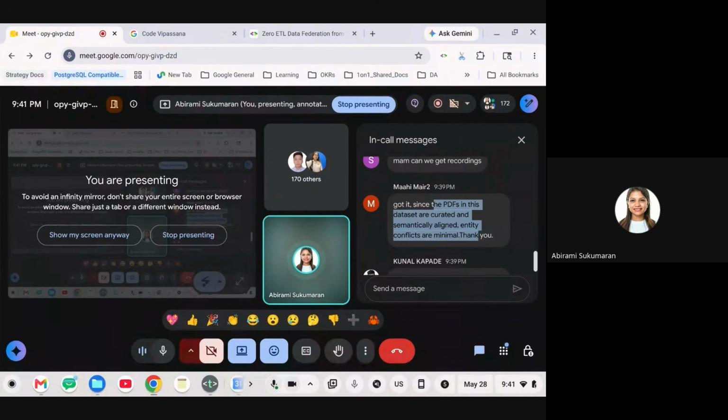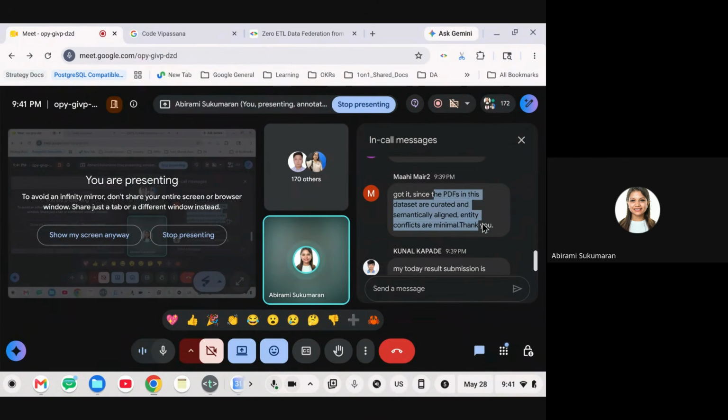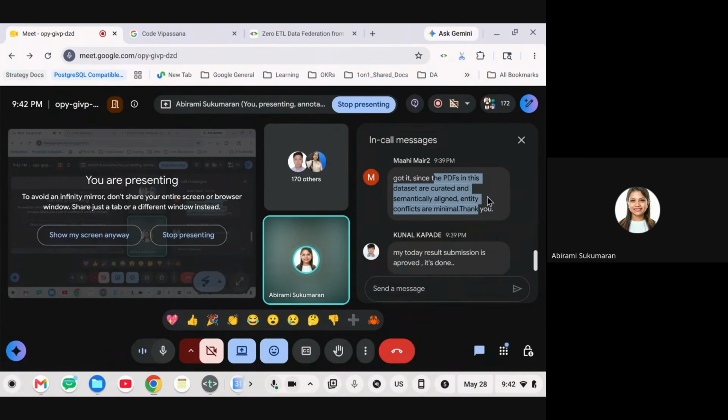But if you ask me whether this will not work on other PDFs, I would say it will work on other PDFs. You can try this out, but the information has to be related to a certain extent. Like you have to be talking about the same industry or the same products or something relevant. Even otherwise, it will create tables that are disjoint. That's all. It won't fail.